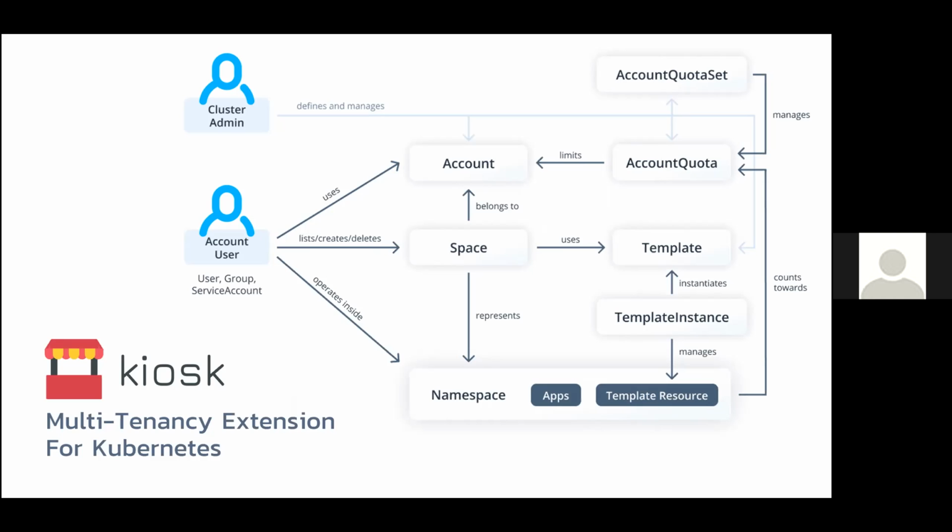So let's say you have a template for a network policy, or for certain resource quotas or things like that, right? You can also enforce these templates inside the account, right? So inside the account, you can essentially list which templates should be automatically instantiated in each space that a user creates. And then you have the user role, which is essentially a user or a Kubernetes group or a service account,